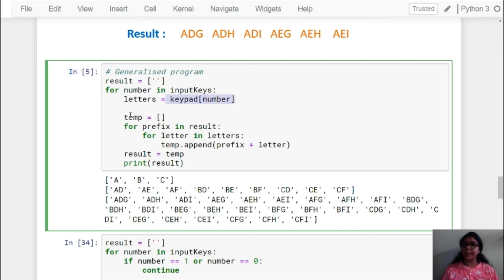Now again the temporary list is there, it is an empty list. Then for prefix in result, now in our result we have 3 character members. First time A will get assigned to prefix, and to iterate over your letters one more loop is there. So we will have prefix plus letter. First time letter value will be D and our prefix is A. So it will get combined to AD, and it will be stored in the temporary list.